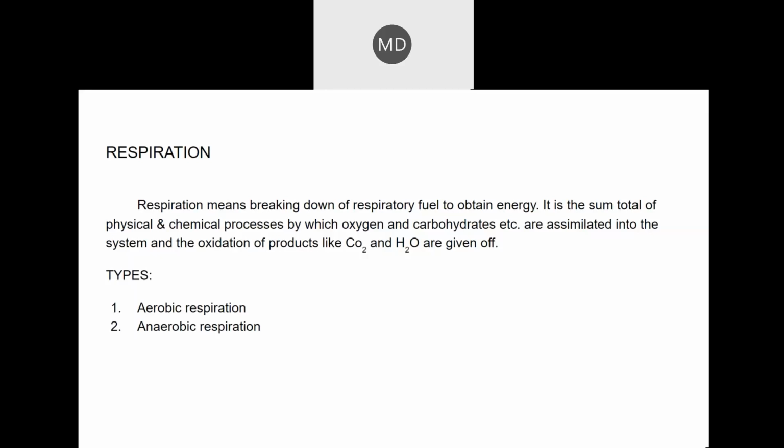Chemical reactions take place. So when we said inhale and exhale, when we inhale, we take in oxygen, right? And that oxygen goes inside, some chemical reaction occurs inside our body, and then carbon dioxide is formed, and then carbon dioxide gets out. It's not like selectively we take oxygen and give out carbon dioxide. Something has to happen inside our body. That is known as respiration. That is the internal chemical process that happens inside our body. Is it clear? So this is the difference between breathing and respiration.